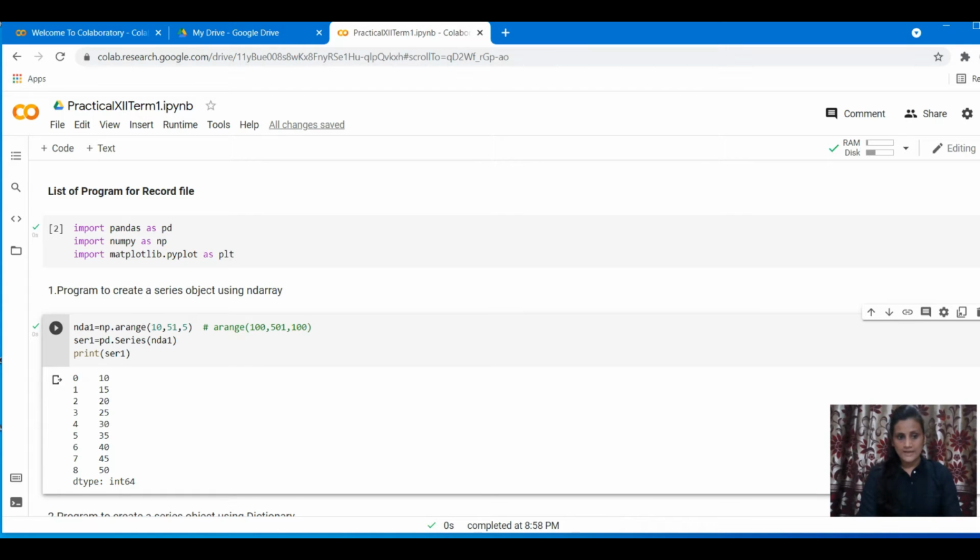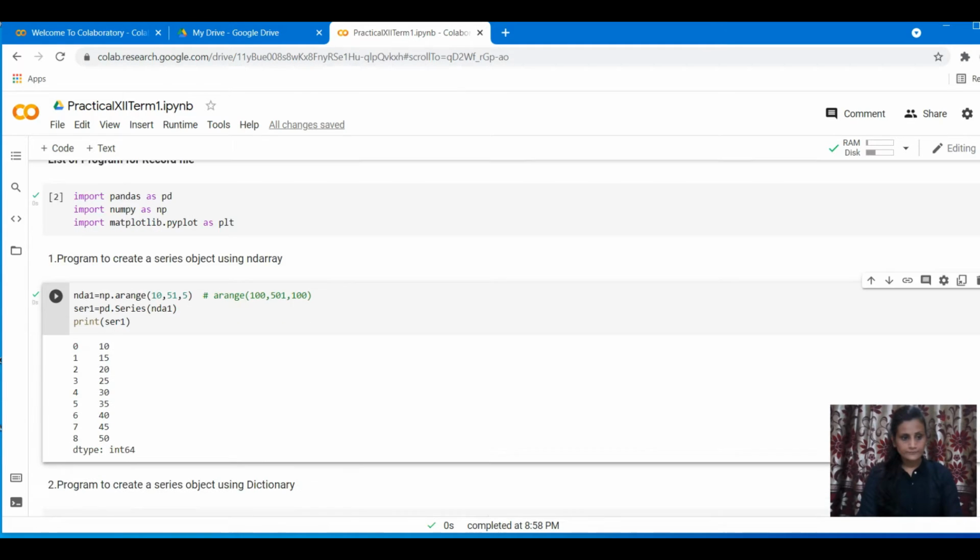This is your series created. Indexes are always unique values and are created here implicitly by the module. But if you want, you can also decide the indexes by yourself. So in the next example, we are going to see that.